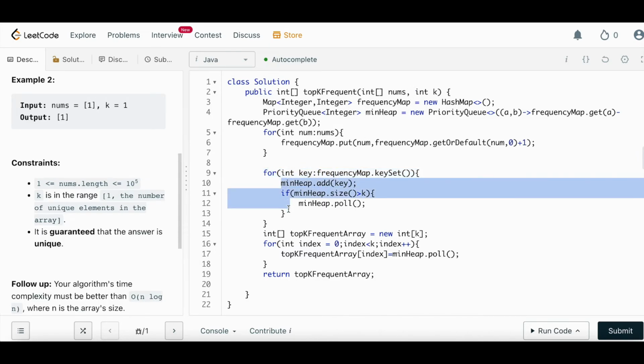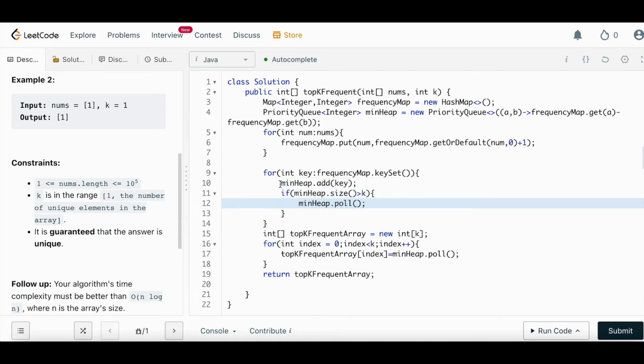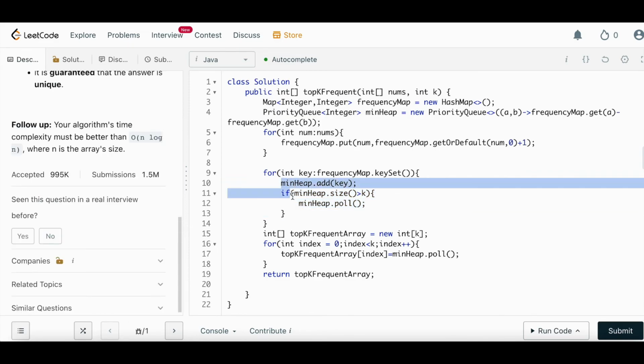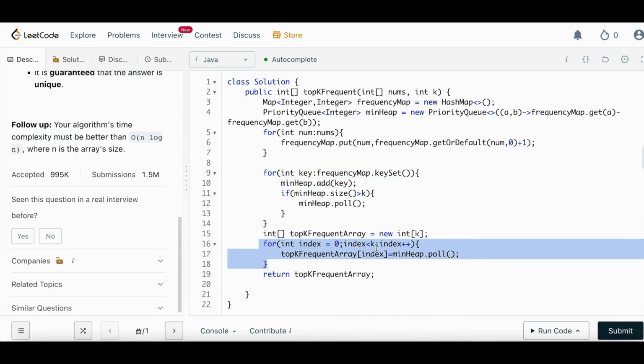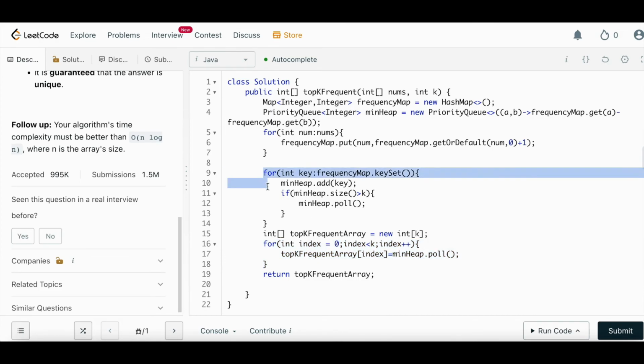And this part is interesting, so let's focus here. Then we are adding an element to heap. Because of a small optimization, we are only storing k values in the heap, so that will make heap operation order of log k, and this looping can be order of n, so this is order of n log k. And if I come here, this is order of k in this case. So most of the time complexity will come from this loop, which is order of n log k. So this is our final time complexity.